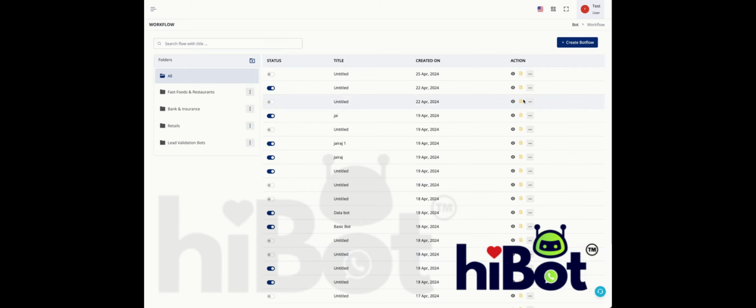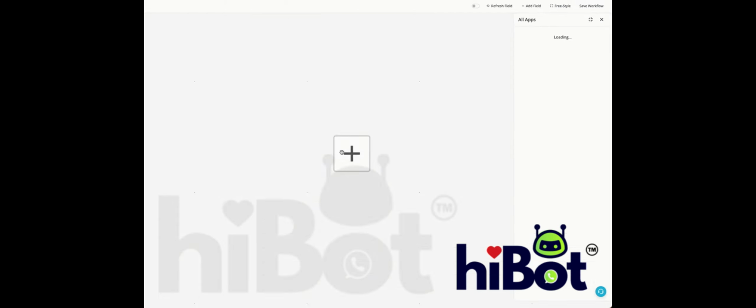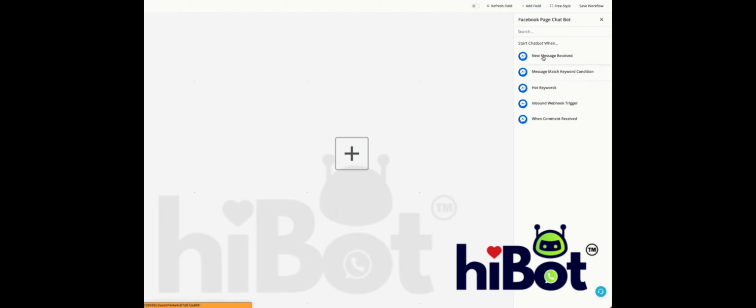Let us see how you can create a Facebook page messenger bot. Click on Create Bot Flow. Now click on the plus sign for the trigger. Here select the option of Facebook page chatbot, and then you can have various keyword based triggers or inbound webhook